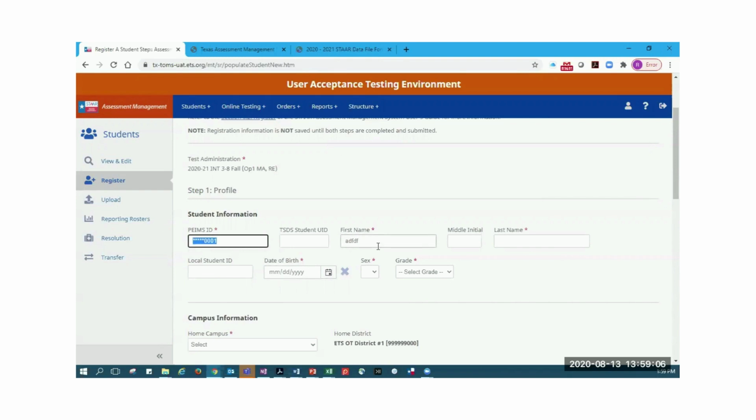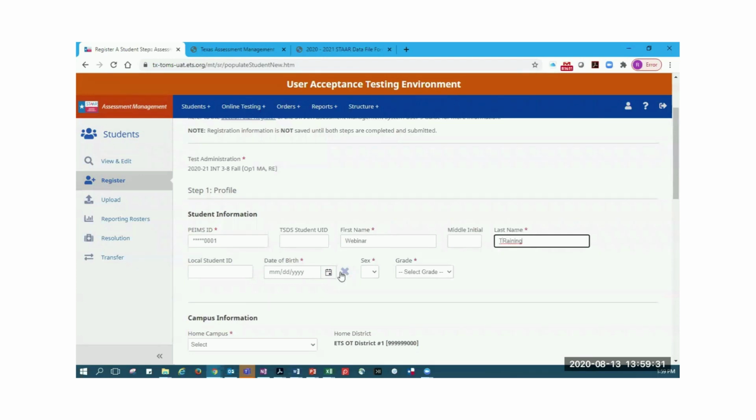If you identified, like I said, that the PEIMS ID, either for your student or historically it's been used for another student, is incorrect, contact the Texas Assessment Support Center and they can work with you and any other districts that they need to be worked with to figure out where that error is and how to fix it. In this case, we're just going to give our student a name here, webinar